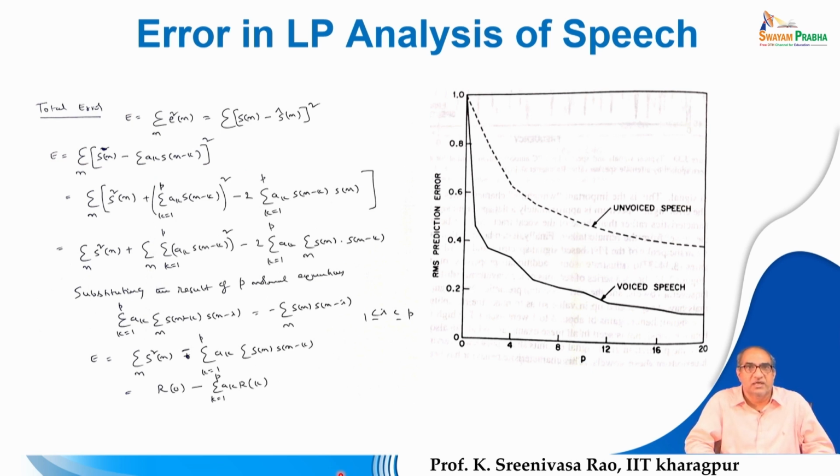modeling of speech, where we observed that as the prediction order increases, the error reduces, and when the prediction order equals 0, you observe the maximum error. That is obvious, because since we do not have any knowledge about the past history, the guess or the prediction will be purely random. So the error will be maximum, and afterwards, by knowing more and more preceding samples, you can predict better, because the samples are correlated, so by having knowledge of more